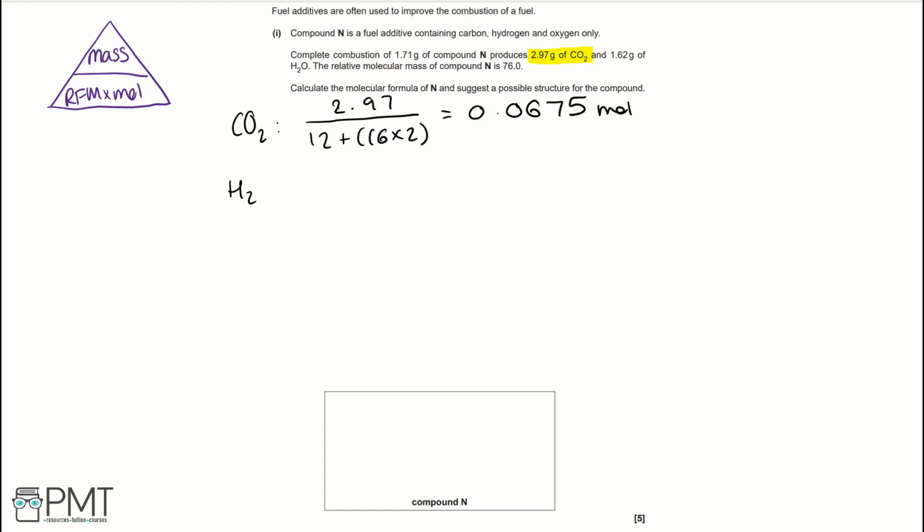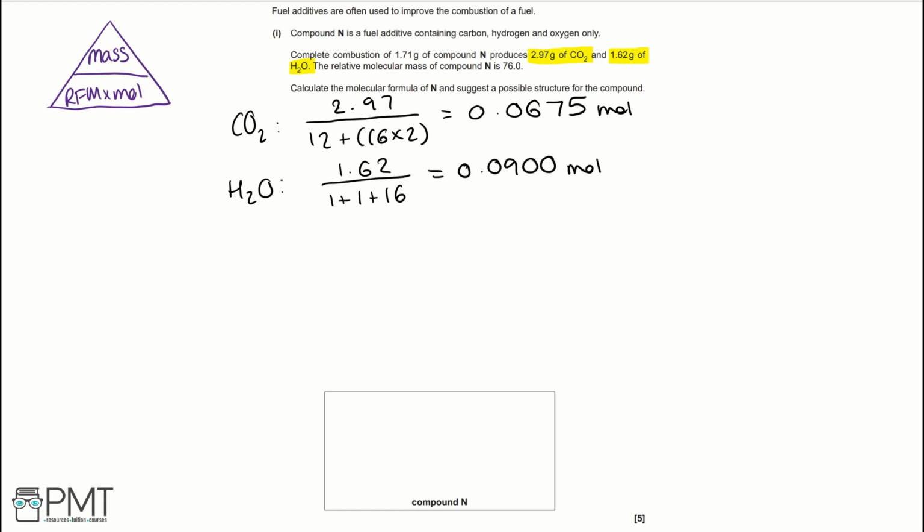Then doing water, we're given its mass of 1.62 grams, so it's 1.62 divided by 1 plus 1 plus 16, the relative formula mass of water, and that gives us